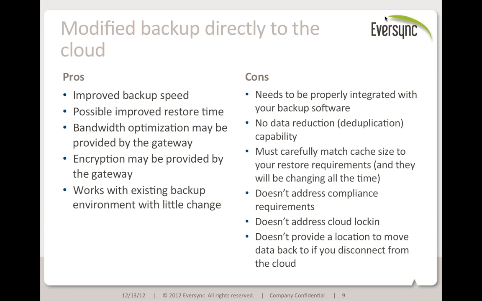And unfortunately, you don't know ahead of time what size that's going to be, and it's changing over time. So that can create a challenge where you might have to keep a much bigger cache in your gateway than you might otherwise like to keep, because it's very difficult to know whether you actually have enough data to do a restore. This is very different than having a cache for primary storage, where any bit of data that you could access that's in cache is valuable. It's not the same with backup and DR.